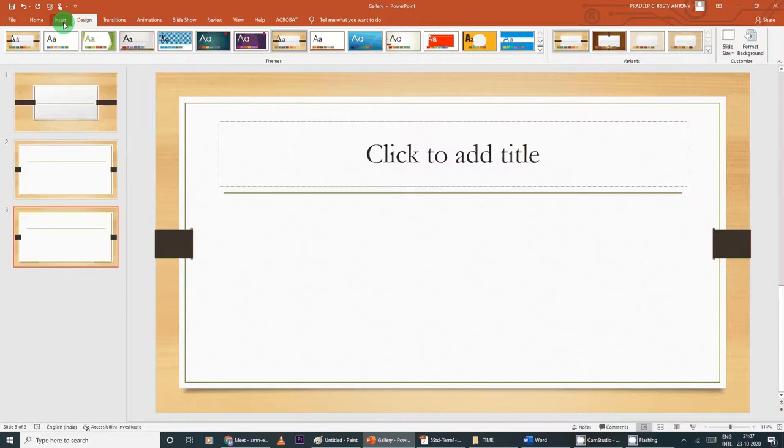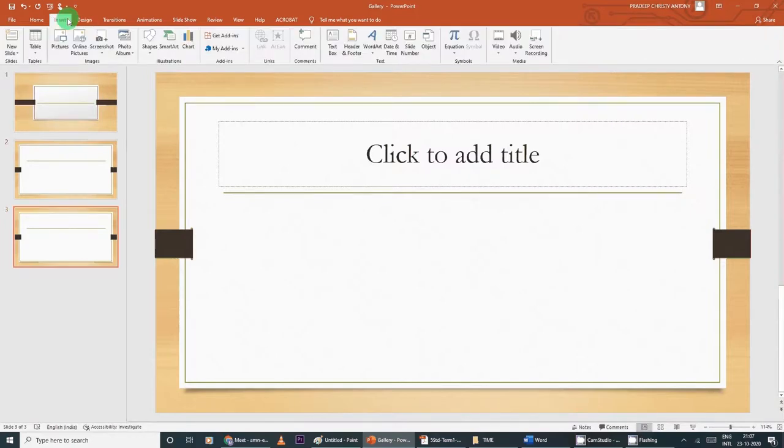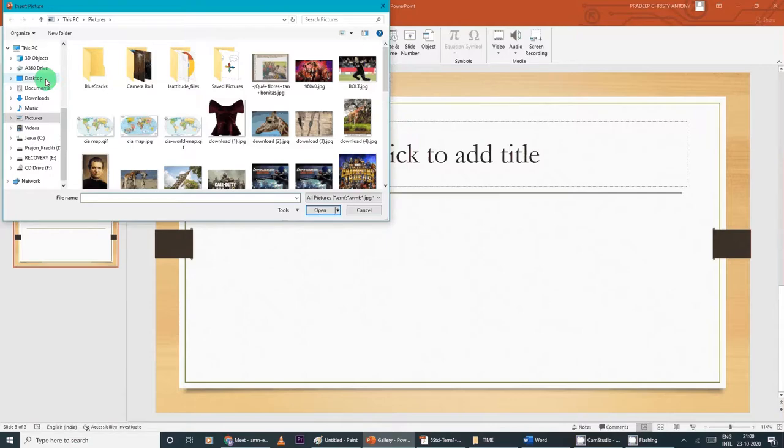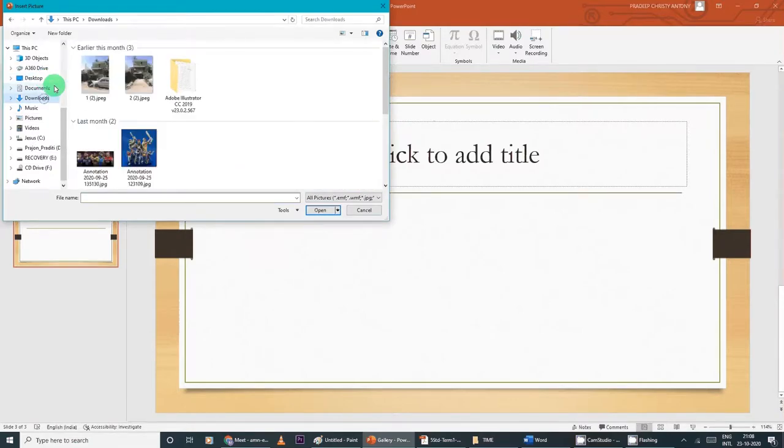Next, Insert. So under Insert, you have Picture and Online Picture. This is if you have already selected the picture. For example, before preparing a PPT, you already have a few pictures that you selected from Google and have in your computer. So you can select pictures from there. It directly goes into your computer, desktop, or downloads. Wherever you have the picture, you can select it.